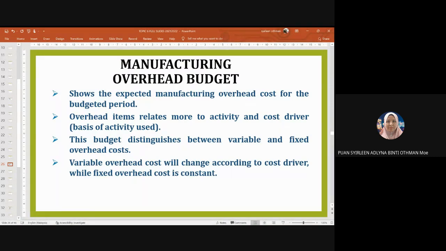variable costs, and then you have your fixed cost as well. Kita ada variable dengan fixed kan. So bila kita kira MOH tu, you need to separate lah. Sebab fixed cost untuk MOH like depreciation, insurance, rental, tiap-tiap bulan ke, tiap-tiap tahun ke, tiap-tiap quarter pun you akan bayar pada jumlah yang sama. Tapi ada certain